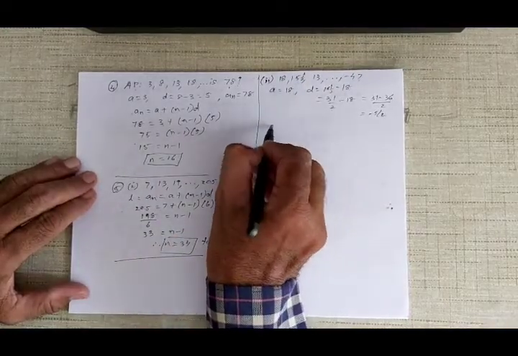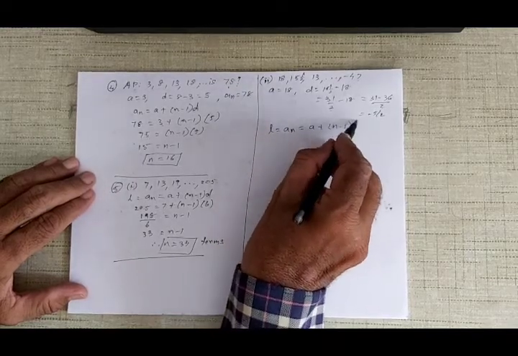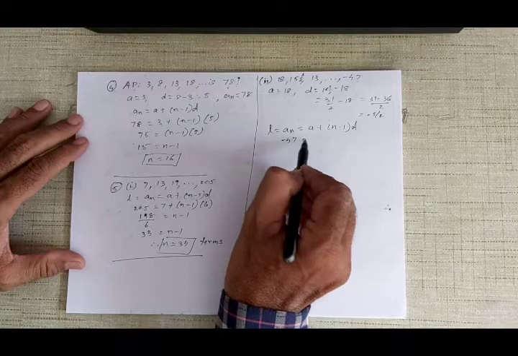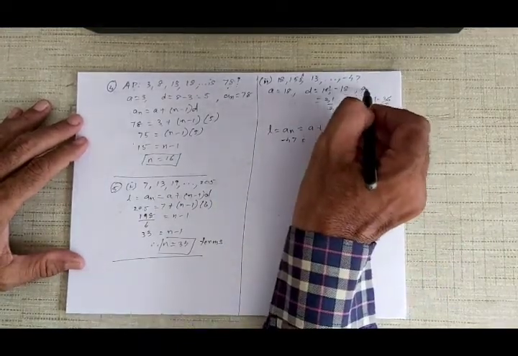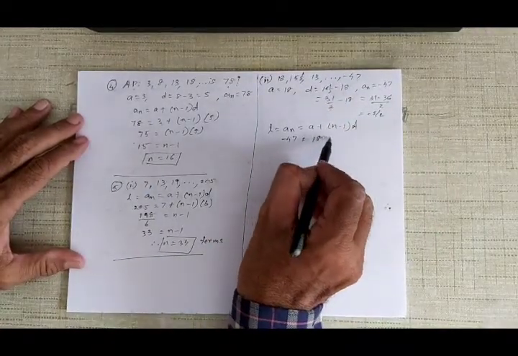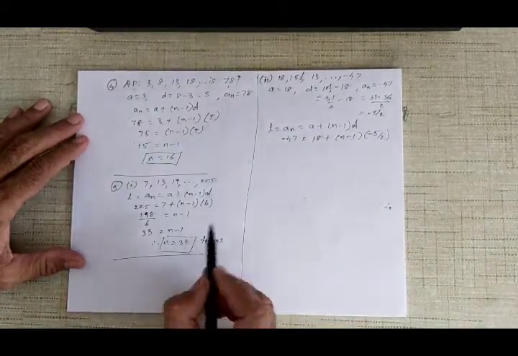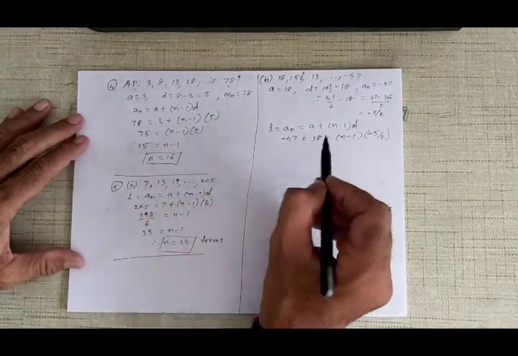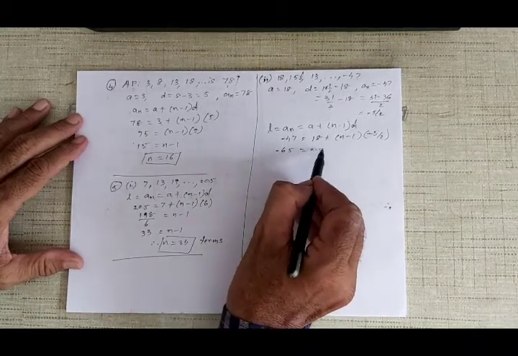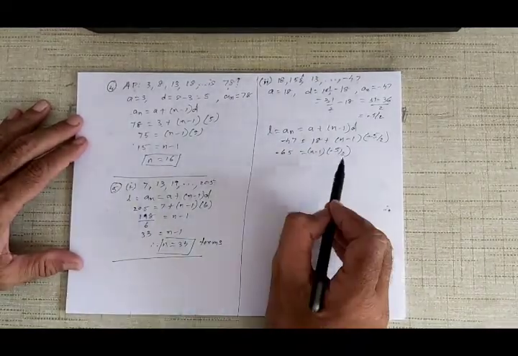Now we want to find L, which is the last term. A of n is equal to A plus n minus 1 into D. Alright. Now again L is equal to A of n, so we take -47 as A of n. A of n is -47, that is your last term, and A is 18. We have to find n, and the value of D is -5/2. So now -47 -18 will become -65, into n-1 into -5/2. Now cancel the minus from both sides, so it becomes plus.